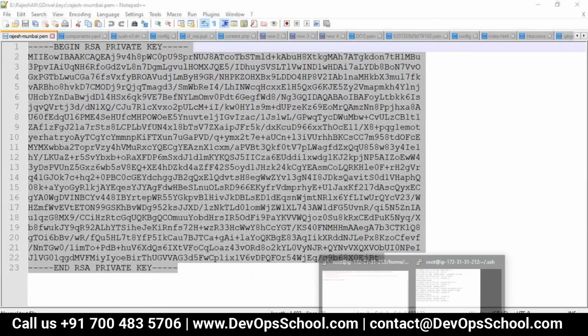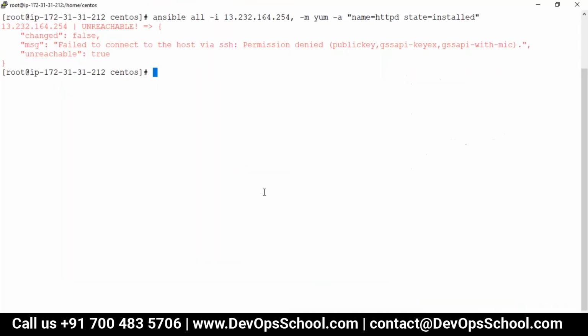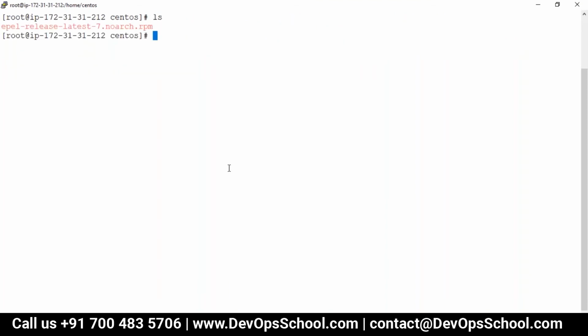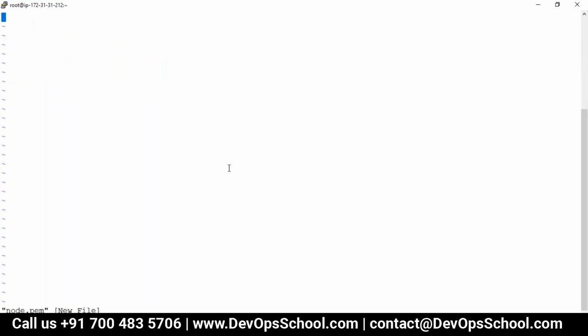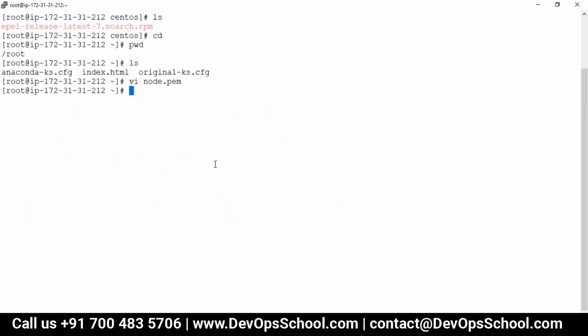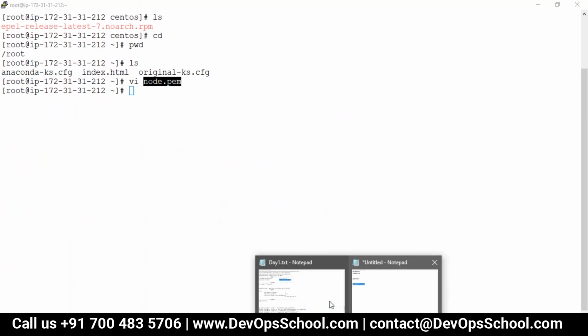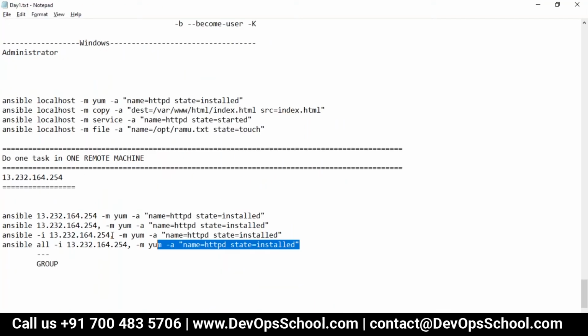This is the PEM file which I got from AWS, and in this location I will copy it with vi, as remote node.pem. Remember the PEM file is this one.